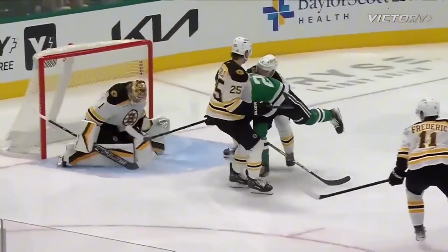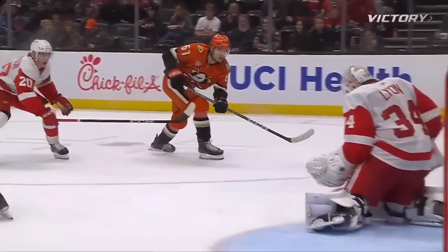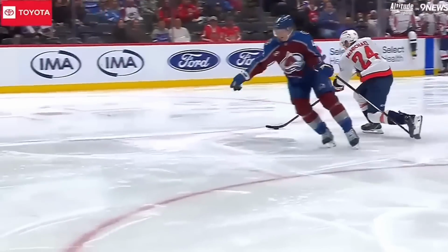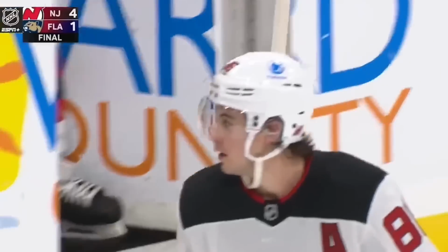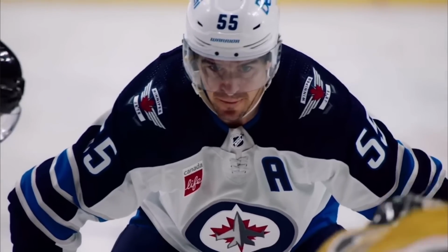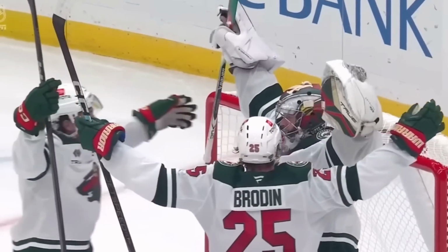The NHL season is in full swing, and around the 20-game mark, we're starting to see who the real winners and losers are so far. Some players and teams have caught us by surprise, while others are doing exactly what we expect. So let's break down the tactics and storylines for the top 5 real winners and losers of the NHL season